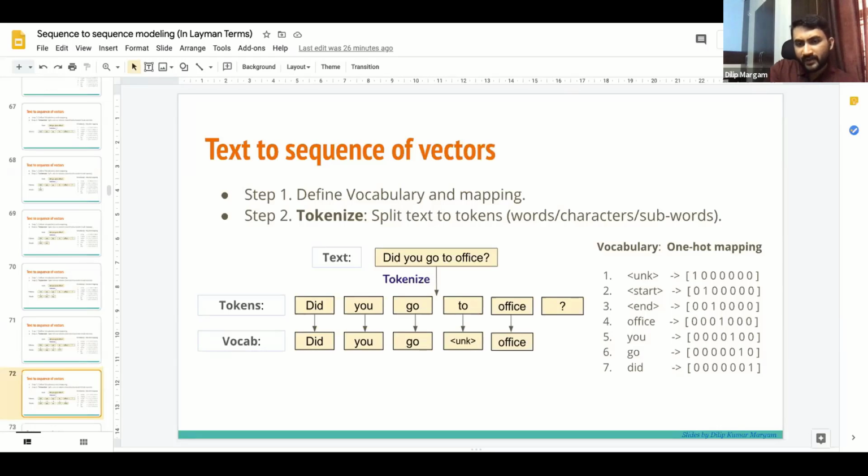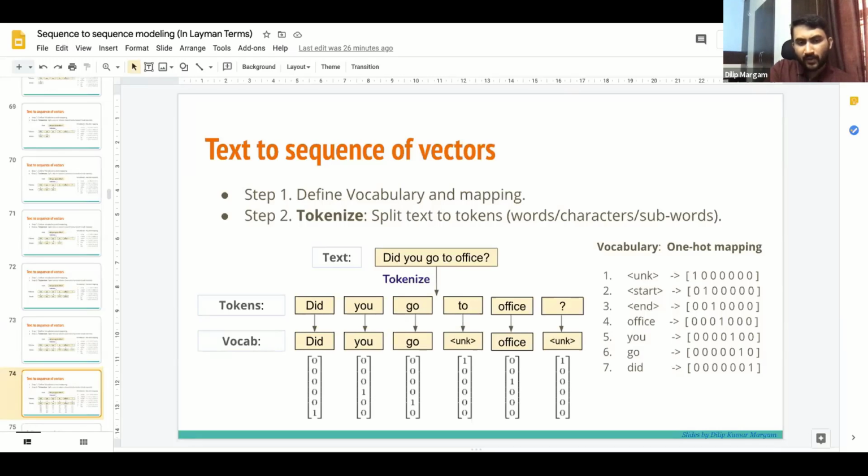Then we look for office, which is present in the vocabulary. Then we look for the question mark, which is not present in the vocabulary, so we map it to unknown. Once we do this mapping, we take the corresponding embeddings that our mapping defined. So this is how we get embeddings for the given input text. So the given sequential information is converted to a sequence of vectors.